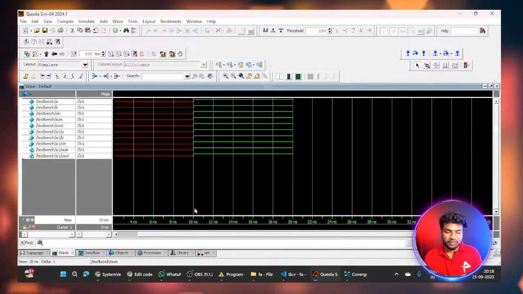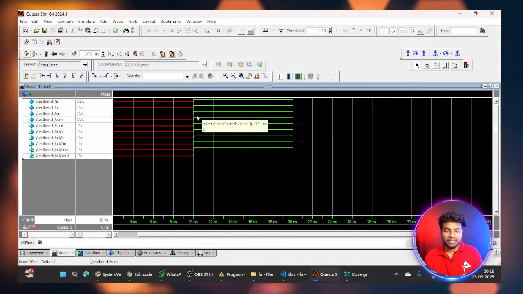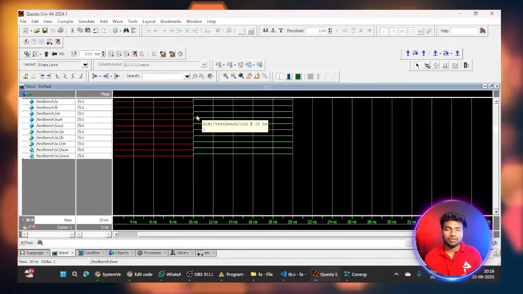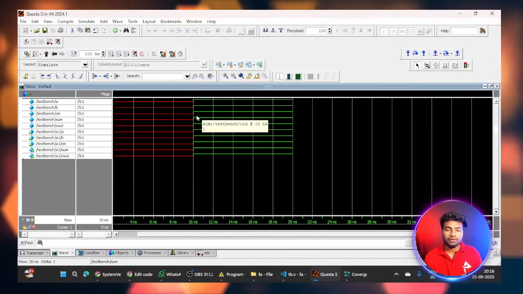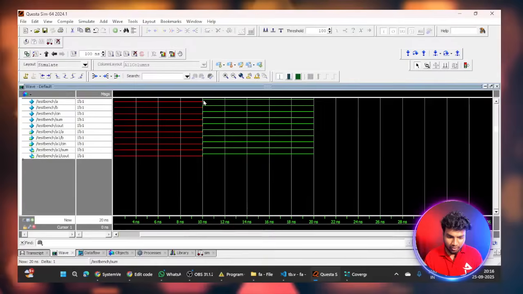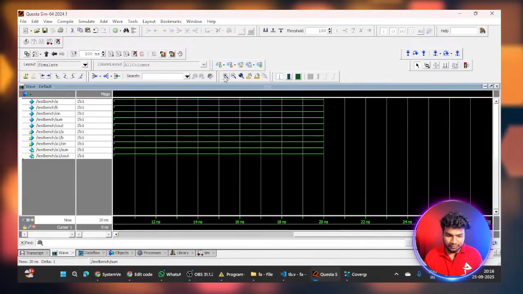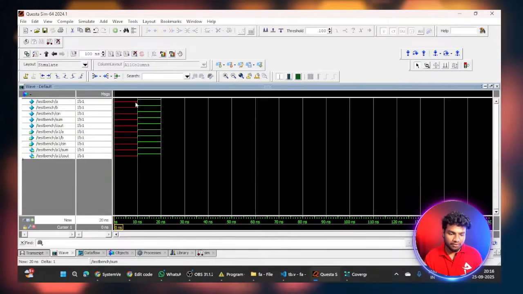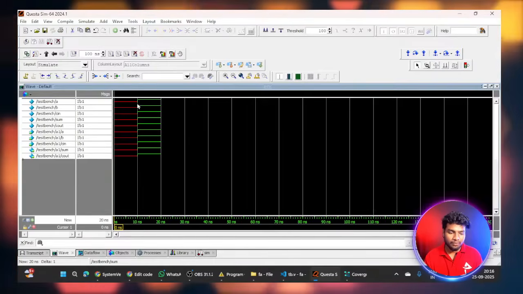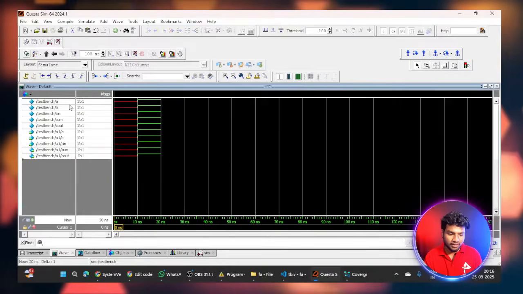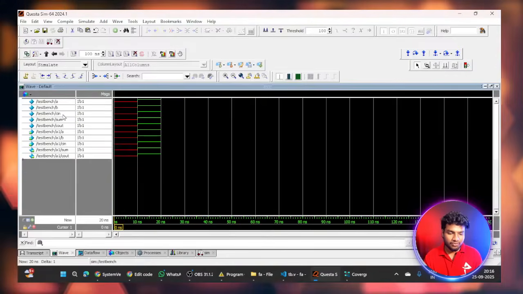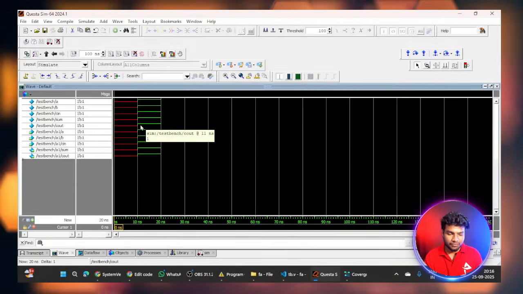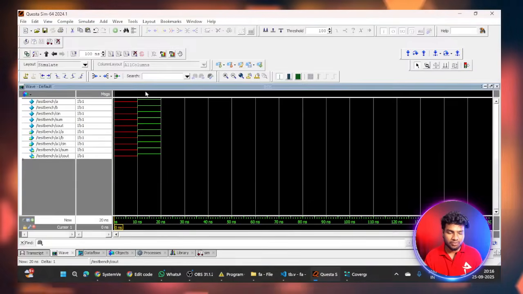After 10 nanoseconds, I am passing inputs a equal to 1, b equal to 1, cin equal to 1, so that I am getting sum equal to 1, carry equal to 1. You can see here it will go high. Initially it is low and then it goes high. This signal refers to a, this refers to b, this refers to cin, this refers to sum, and this refers to carry out. Okay, these are my output signals.